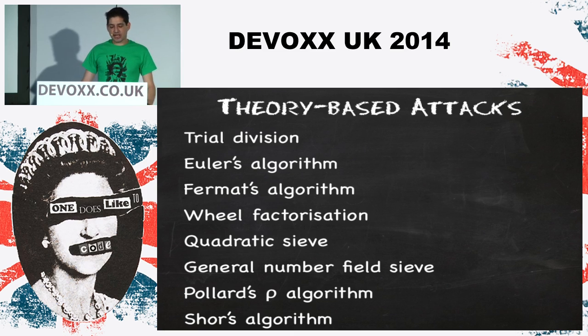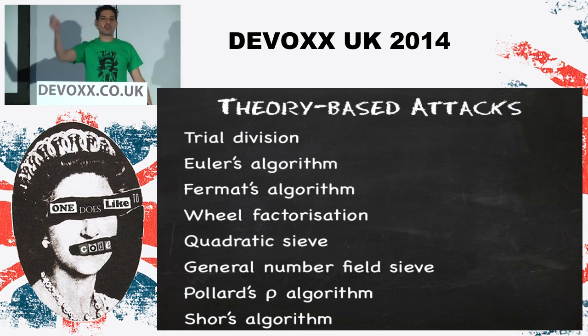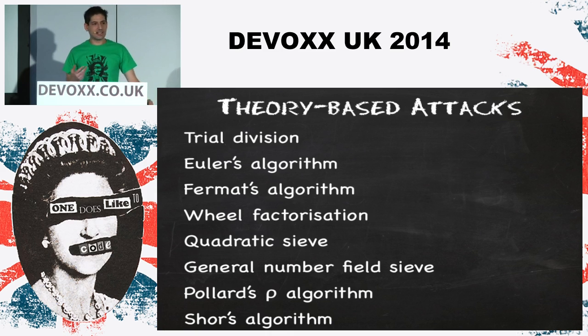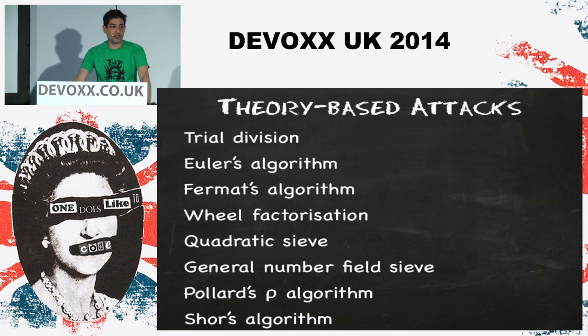Wheel factorization and quadratic sieves are a way of taking this whole big list of numbers and crossing them out. Everything that ends in a 0, I can cross out because that's divisible by 10. Everything that ends in a 5, I can cross out, it's divisible by 5. Every even number I can cross out. And you slowly filter, you sieve the numbers out. And this gives you a reduced set to check. This is expanded in the general number field sieve, which is currently the best algorithm we have for cracking prime numbers. It can do it in the order of e to the log n. So it's still huge numbers, but compared to root n, it's much smaller.